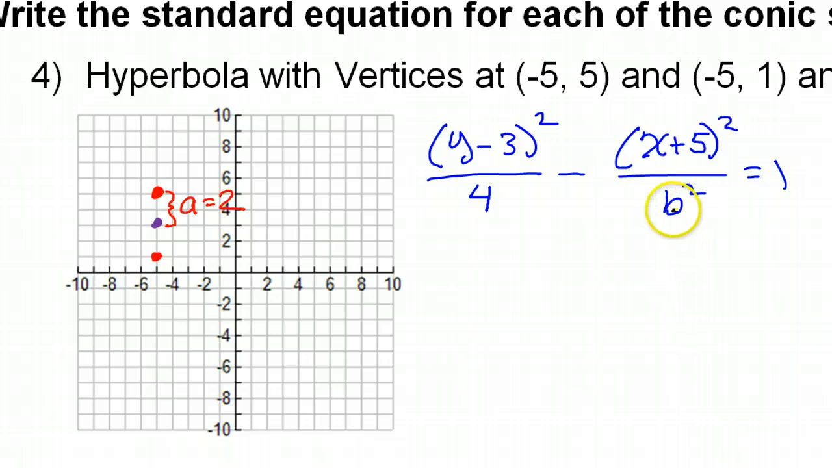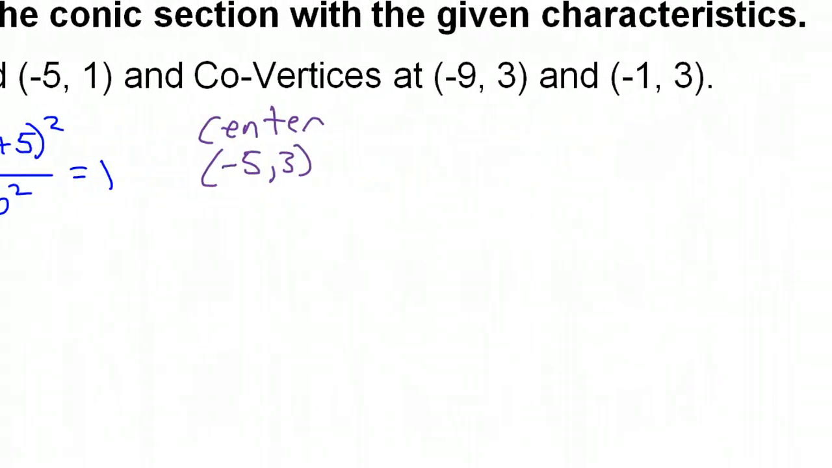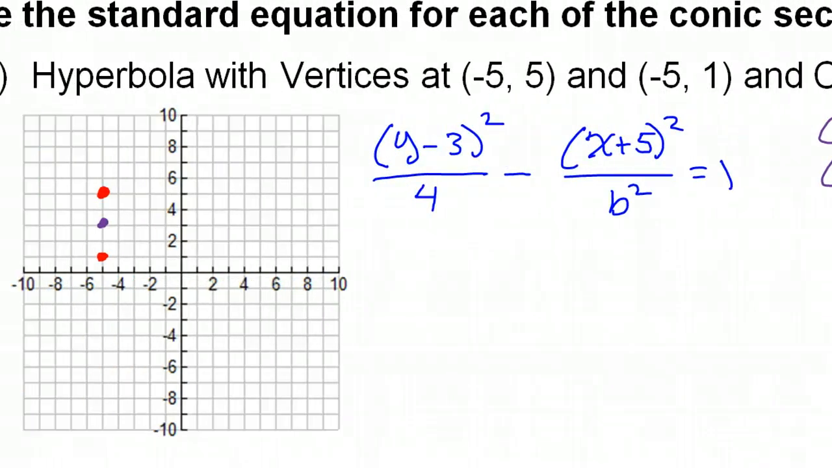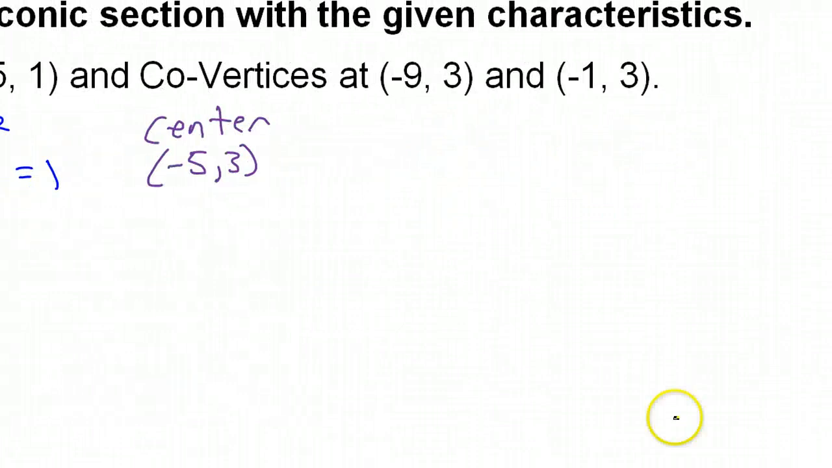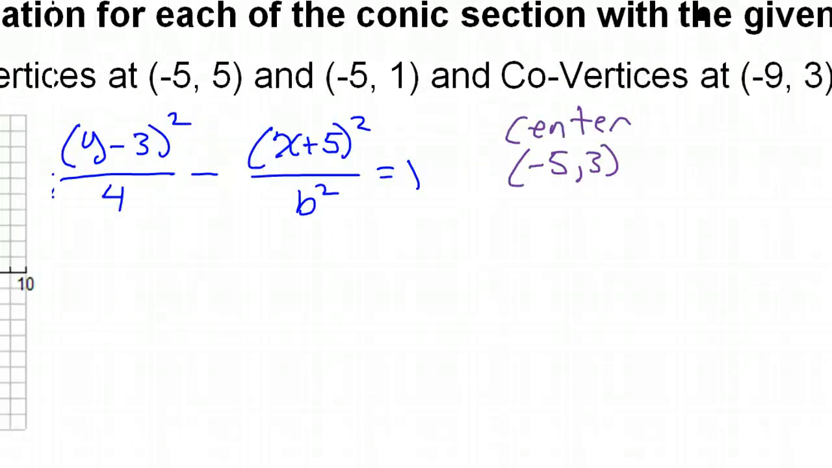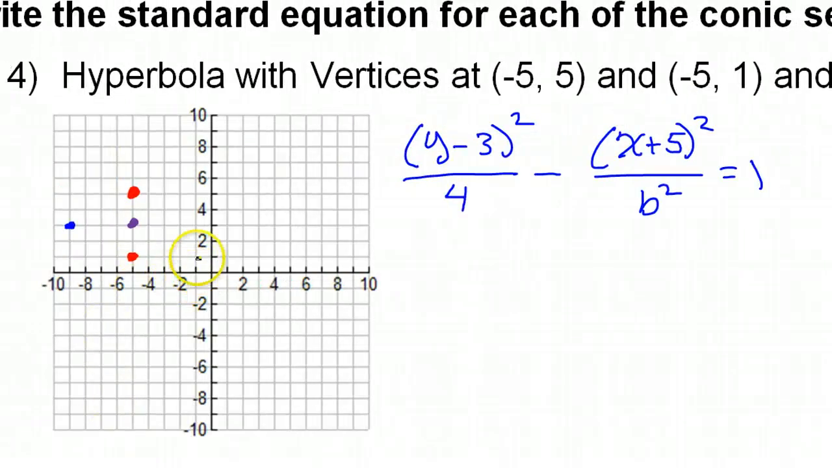Okay, so all I really need is b and b squared. To get that, I think we're going to need the other information. We're given the co-vertices, -9, 3. So this is -9, 3. And I could probably guess -1, 3. So those are my